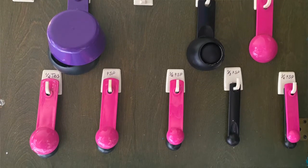I just love it. And I do have 2 sets of measuring things just because, I don't know, somehow I ended up with 2 sets. A bunch of them are missing, but I still have one of each, I think, for the most part. So that's great. But yeah, I love being able to find what I need when I need it. So that's been great. Okay, for the meal planning part of simplifying my kitchen,